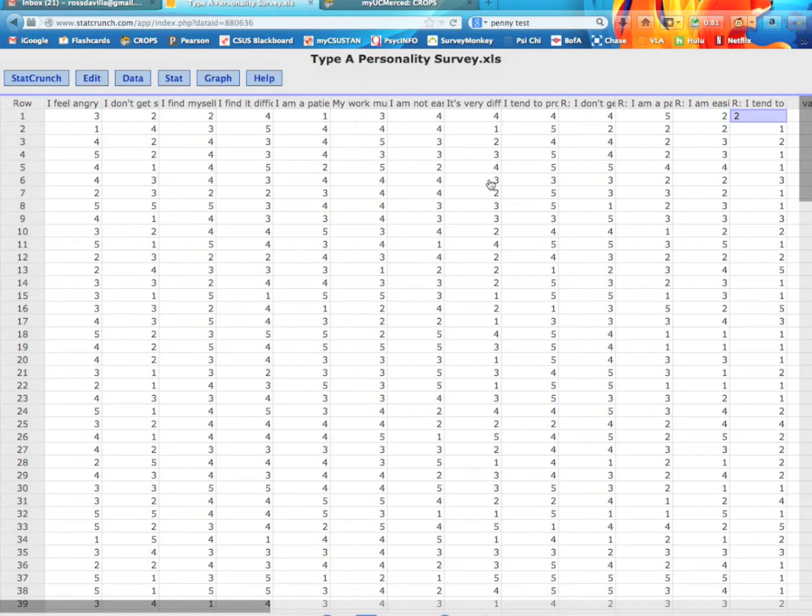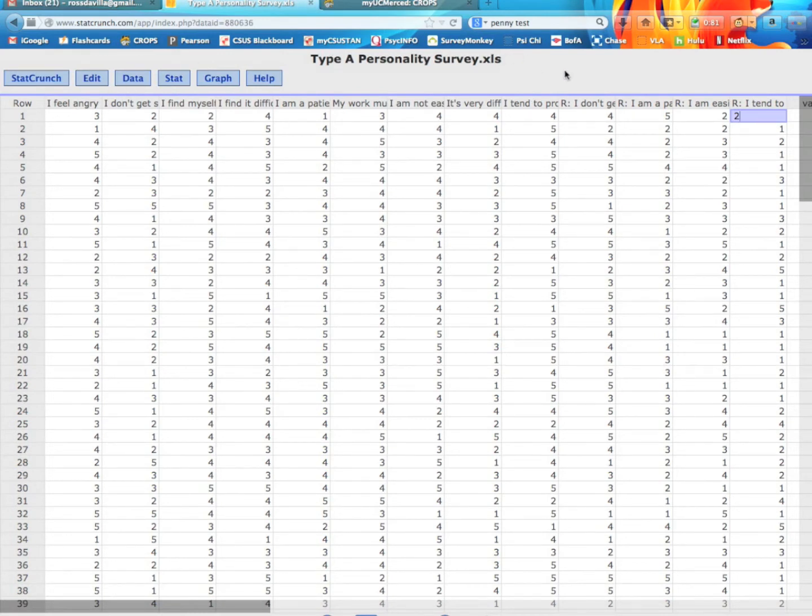It's not a perfect way to do reliability analysis, and we're going to figure out a little bit more of a complex way to do it in a bit that is a little bit better, called Cronbach's alpha. But a split half method is very easy to do, and it gives us a rough view of how well the scale is holding together as a whole. Does the first half of the scale jive well or correlate highly with the second half of the scale? And really it should.